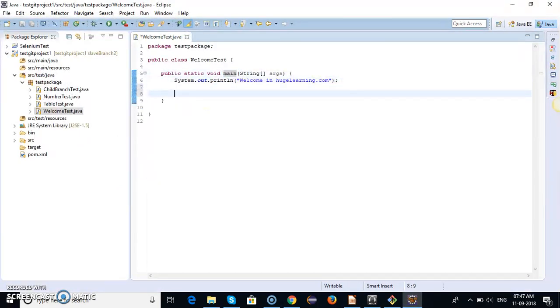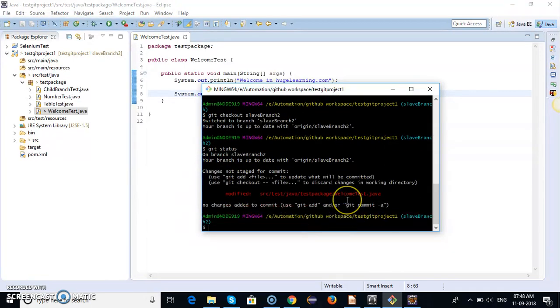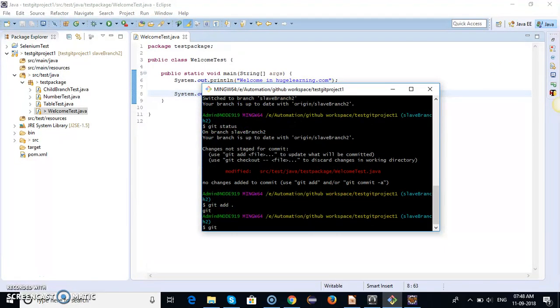So here, for example, I added a few lines of code from slave branch 2. So guys, this time if we check the status, you can see that a few changes have been made by your slave branch 2. So I need to perform the same actions again: add those changes, and commit those changes